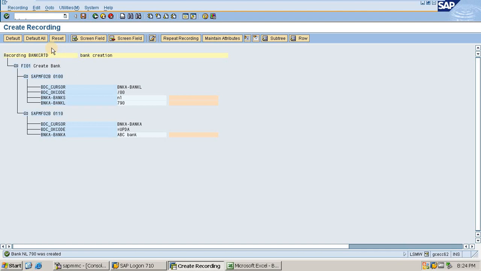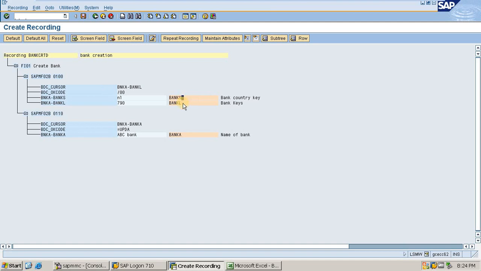Now here you need not do anything, as this is all provided by SAP in its own coding language. Not really coding language, but it is basically the field names and the parameters that you have given. So it is only the field names and the parameters, nothing else. Now I'll have to press the default all button.